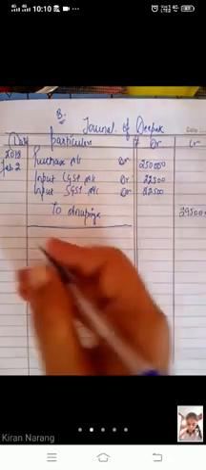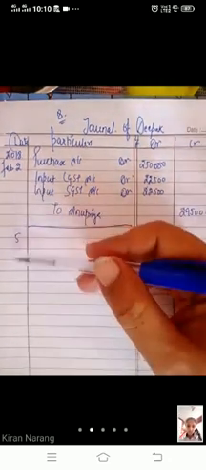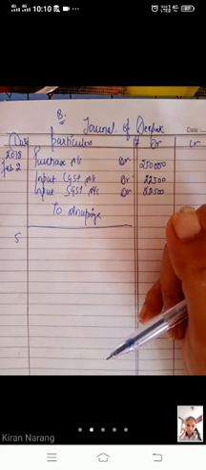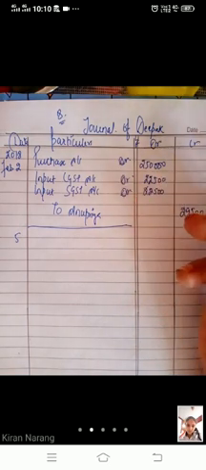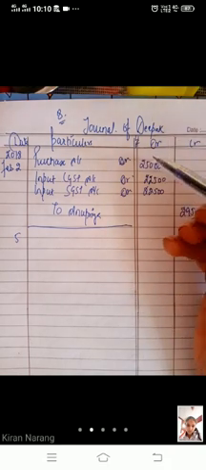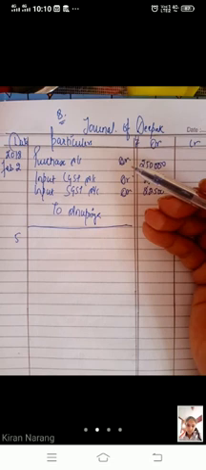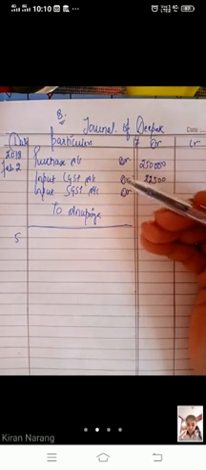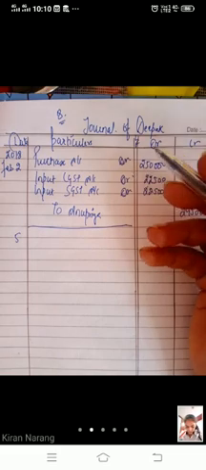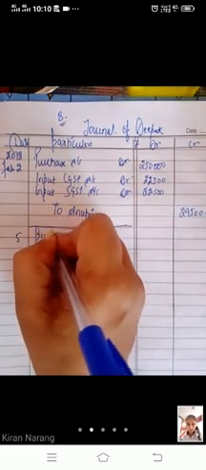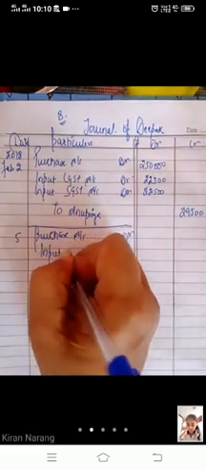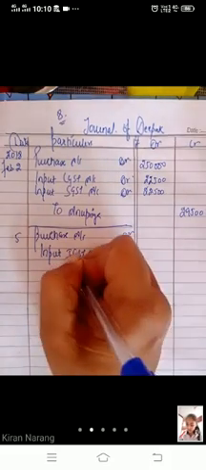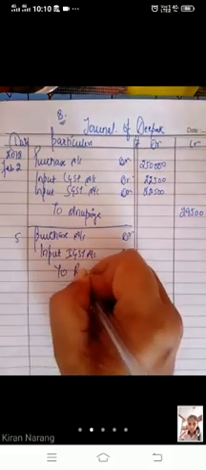Now the next entry, February 5th, 2018. Purchase goods from Rana Rathod of Rajasthan. Now a person of Gujarat is dealing with a person of Rajasthan, so IGST will be there. And in this question, only one difference is there: in every transaction there is a change in the percentage of CGST, SGST or IGST. Purchase account debit, input IGST account debit, to Rana Rathod.